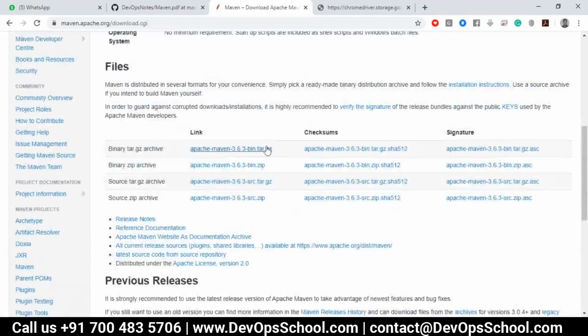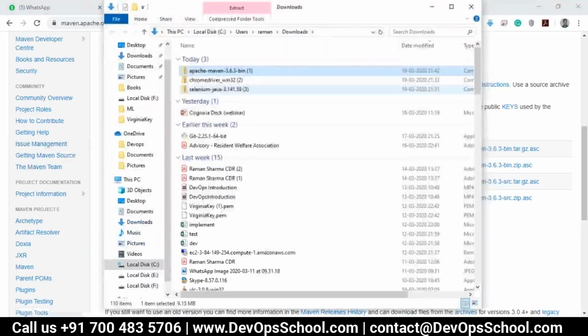For Windows, you just need to go to this zip file and download it. Okay, it is downloaded. If I show it in the folder and extract it,